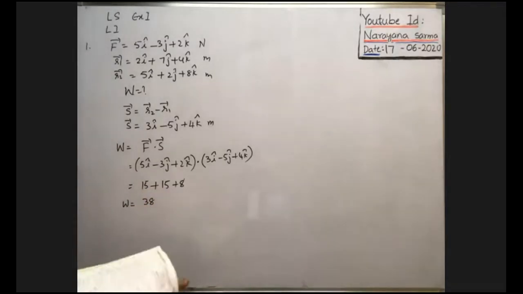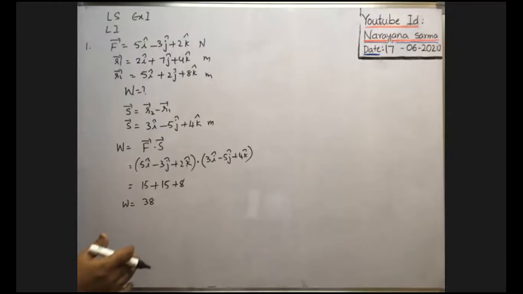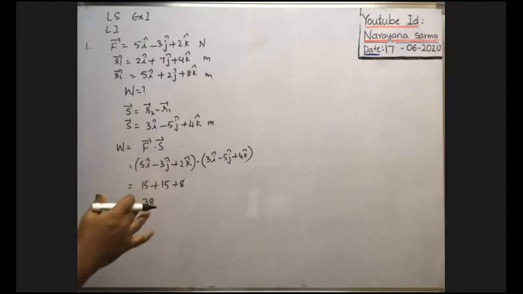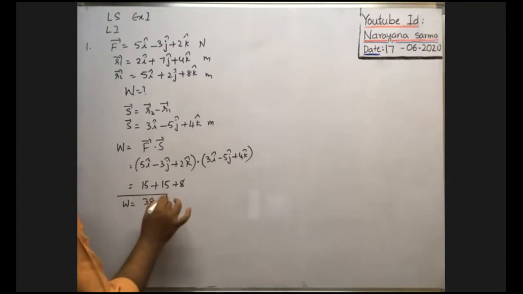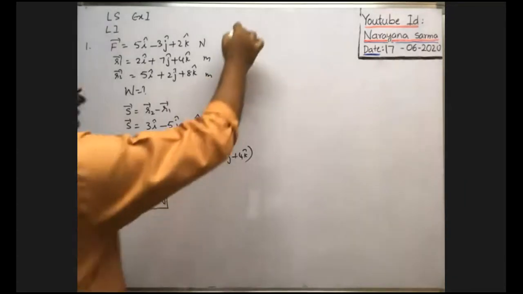We have substituted all data in SI system. Then what is the unit of this work done? We got the work done, so what is the unit of work done? We have substituted every data in SI system, so you will get it in joule. So this is the amount of work done. This type of problem is also important.